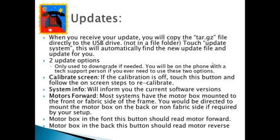So there are updates, and they're found on the Tin Lizzie website. What you want to do with the updates is make sure that you're saving it to the USB stick and not in a file folder. It will not read it in the file folder. It has to be the file directly put onto the USB stick. And when it's put onto the USB stick and you walk through the process, and your manual will walk you through the process of doing the updates, then you can get it to the latest and greatest